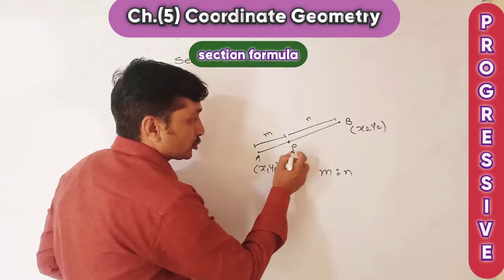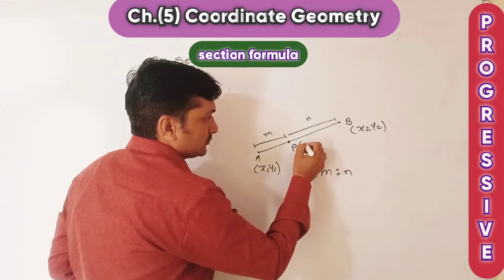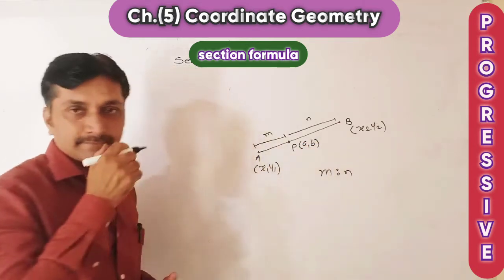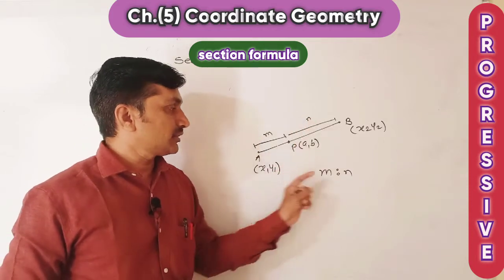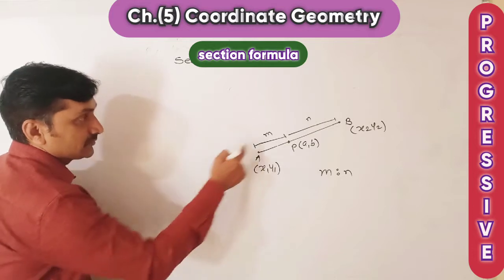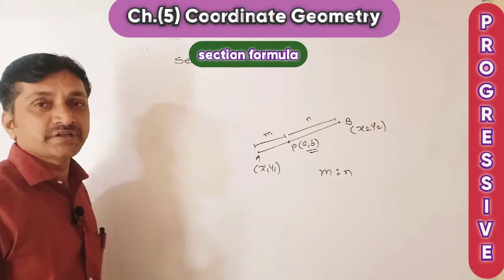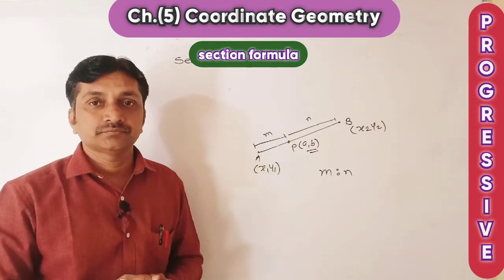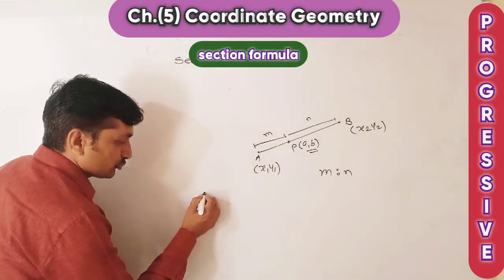In the section formula, the coordinates of P we don't know, so let them be x, y. The ratio is m is to n. Then what is the section formula? Which coordinates are we finding? The coordinates of the point P which divides the segment. Therefore, by the section formula,